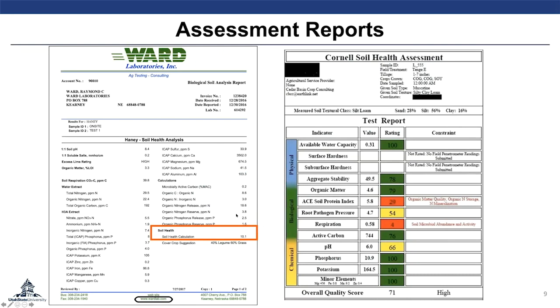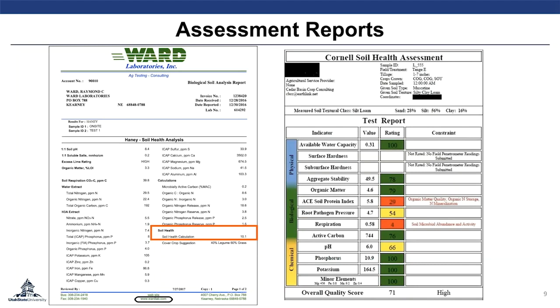The score for the Haney Soil Health Tool, it's on a 0 to 50 scale. So a score of about 10, you may be looking at medium to low quality soil. And this will give you an idea of some directions that you need to go in to improve your soil.